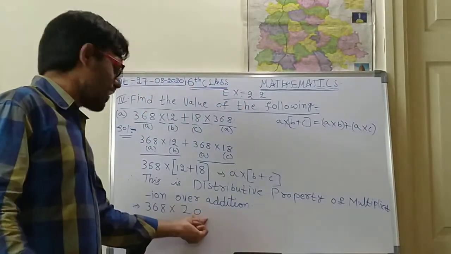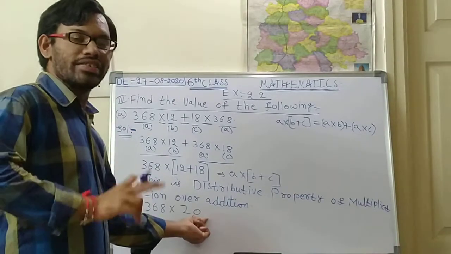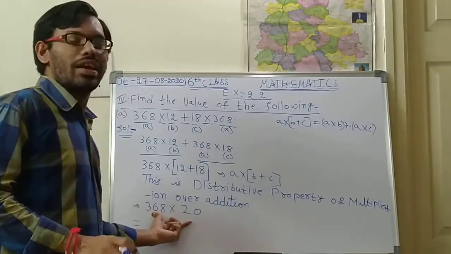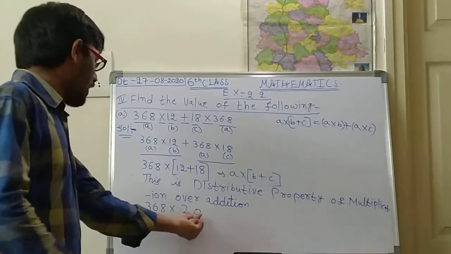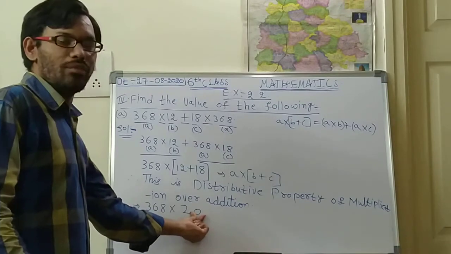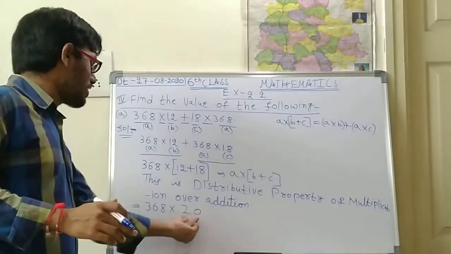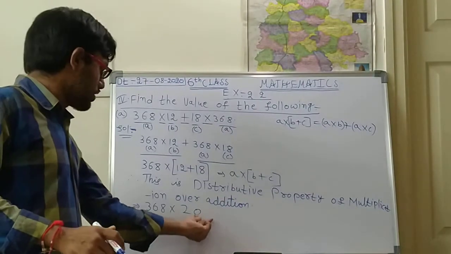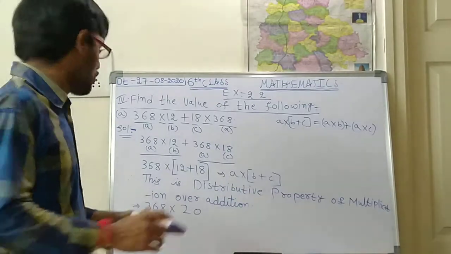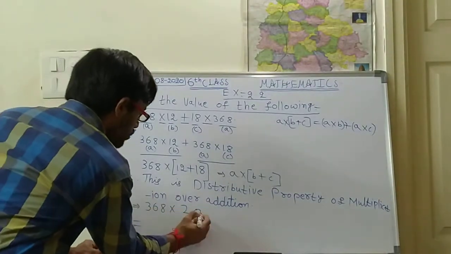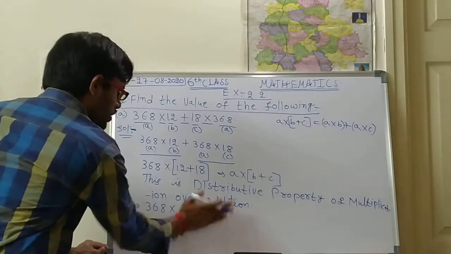If any tens numbers are coming, like this, then you will get the problem solution very easily. You can skip the zeros while you are multiplying, and after getting the result, you can add those zeros. How many zeros are there? You can add them to the result. Okay. So now 368 into 20. Just for a while you skip this 0. Think that 0 is not there.